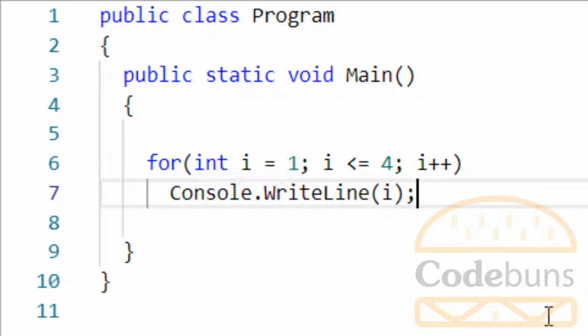When the loop begins, C# initializes the counter variable i with the int type and assigns an initial value of 1. A Boolean expression i less than or equal to 4, which returns true or false, will repeatedly execute until the counter, which is this, is less than or equal to 4. This is the expression for updating the counter, which adds 1 at the end of each repetition of the loop. This increases the counter variable by 1.